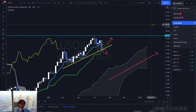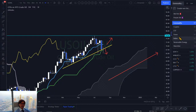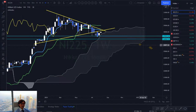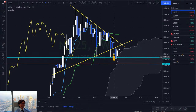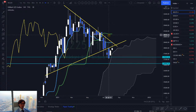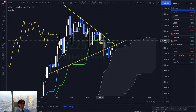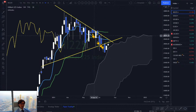Alright, so that was gold and WTI oil. And let's cover the indices for next week. First, Nikkei Market. After the P wave breakout downwards, the market is ranging because this is in between Kijun-sen and Kumo. So here in this example also, you can see that after this Kijun-sen, Tenkan-sen did cross, the market becomes range. Well, in this case, this is a bit downtrend, but